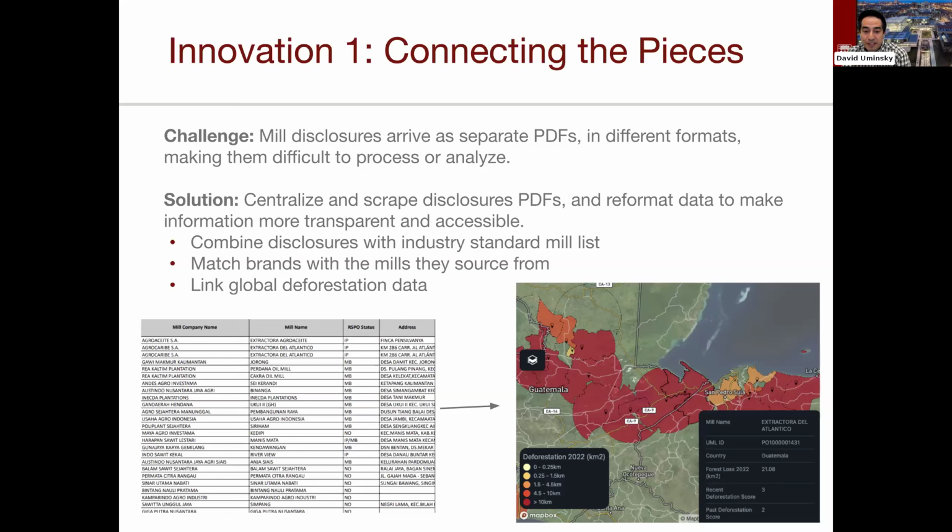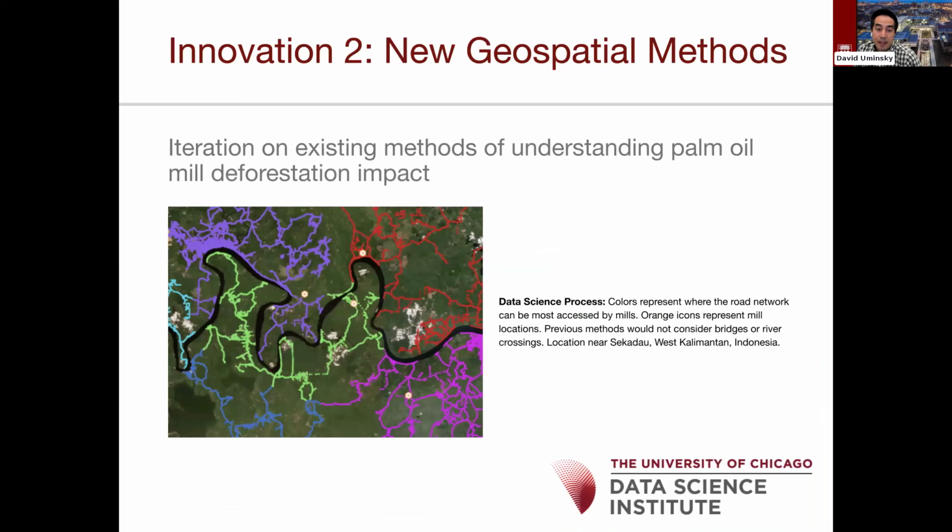So this piece of the puzzle is very hard, and it was an exciting breakthrough to see that we could do it. One of the newer pieces that I've really enjoyed: at the beginning, you can sort of understand one of the key features about this tool actually comes from our experts in the field and understanding palm oil itself. One of the most important things to understand, and why we can track things this closely and this carefully, is palm fruit spoils quickly. And so in order for palm oil to be harvestable and sourceable for companies, it has to be taken to the mill, I think, in under 48 hours.